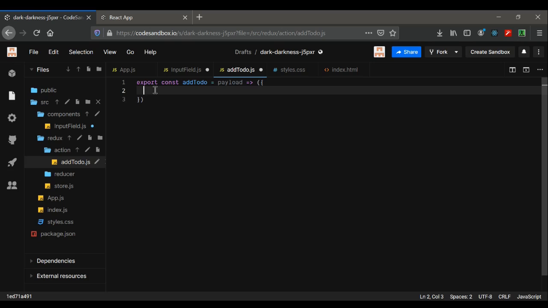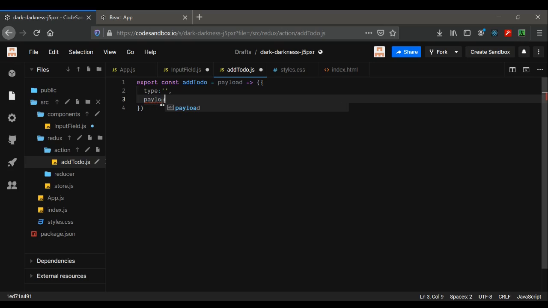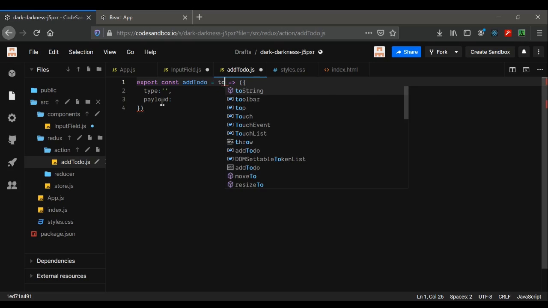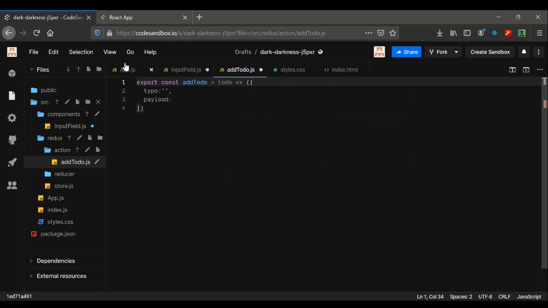So I'm going to return an object. Now in here I have used this type key, and also there is one payload. So basically I'm going to change this payload parameter to the name is to do. So we are sending, so what happens is that this function,